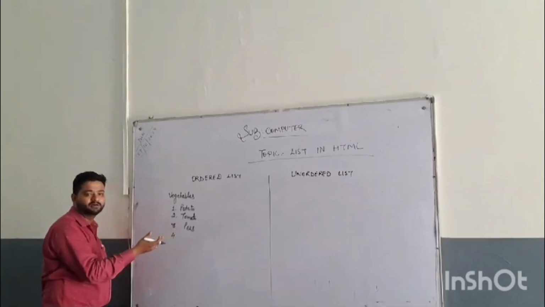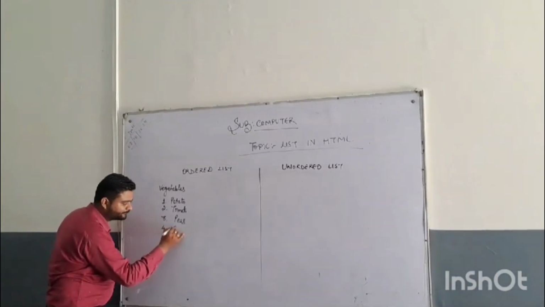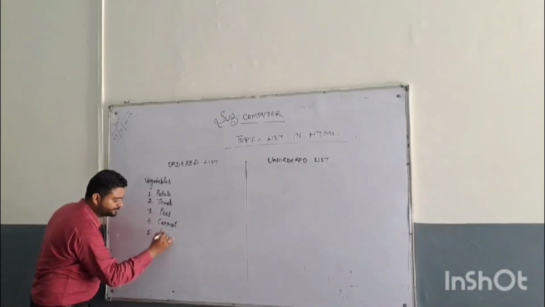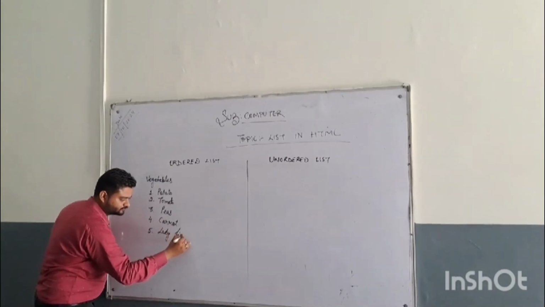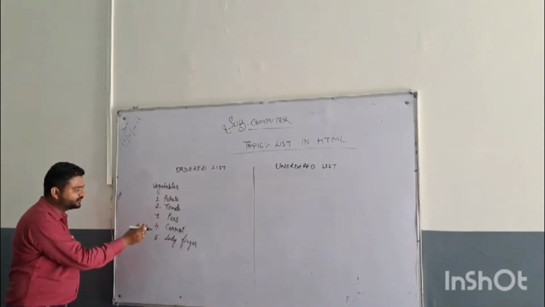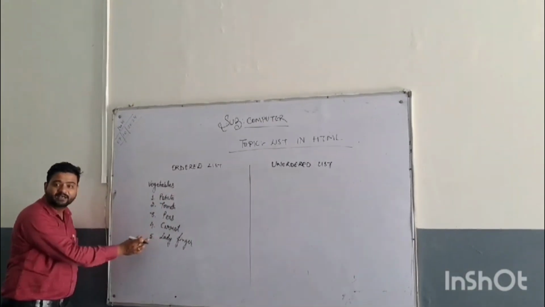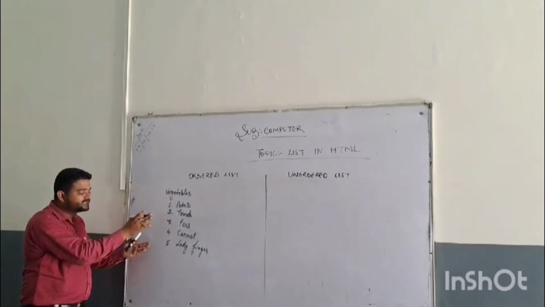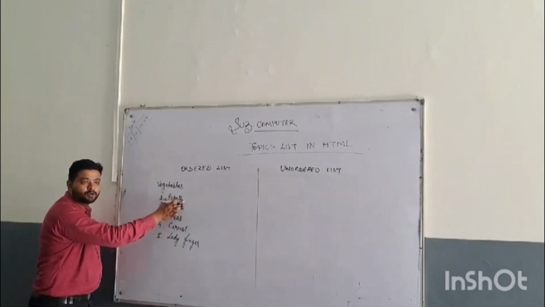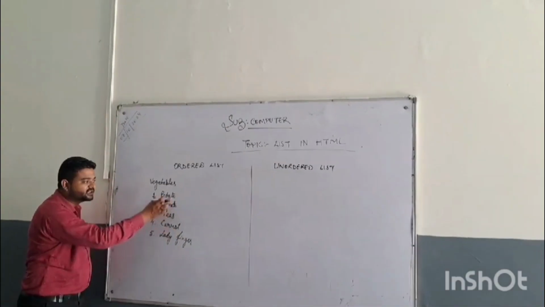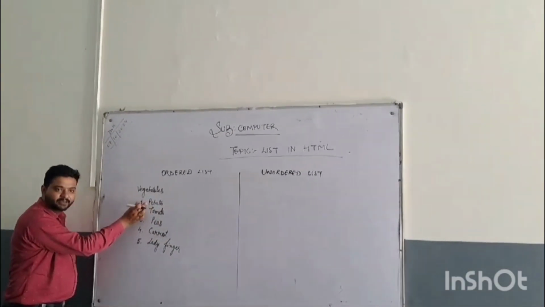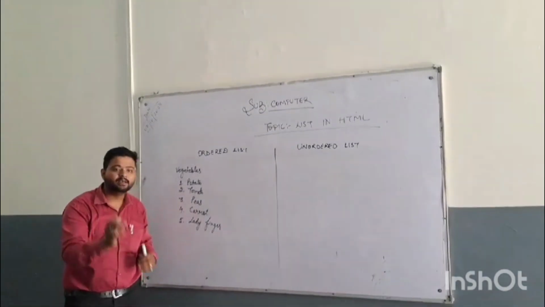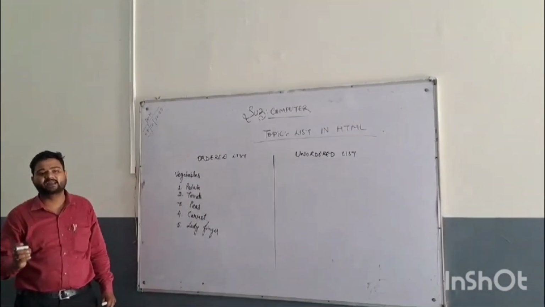Please tell me the name of the vegetables. Carrot. Fifth one is ladyfinger. Now you can see over here that we are having a particular serial, means that we cannot shift anything from its location. For example, अगर मैं चाहूँ तो potato को यहाँ नहीं लिख सकता because it's first, तो मुझे ऊपर ही लिखना पड़ेगा. तो ordered list is that type of list जिसके अंदर हम serial को change नहीं कर सकते. We cannot change the serial of the things.